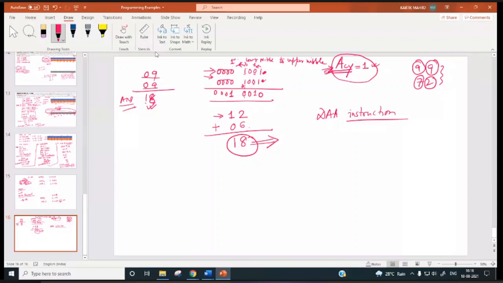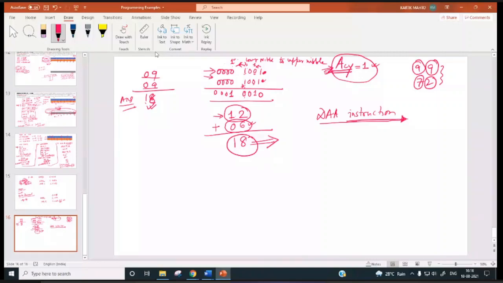So the DAA instruction is useful whenever we do BCD addition. 09 and 09 are added, the result is 12. Then if you use the DAA instruction, the processor is going to add 06 automatically to the result, so 06 will be added to this 12 and the result will be 18.